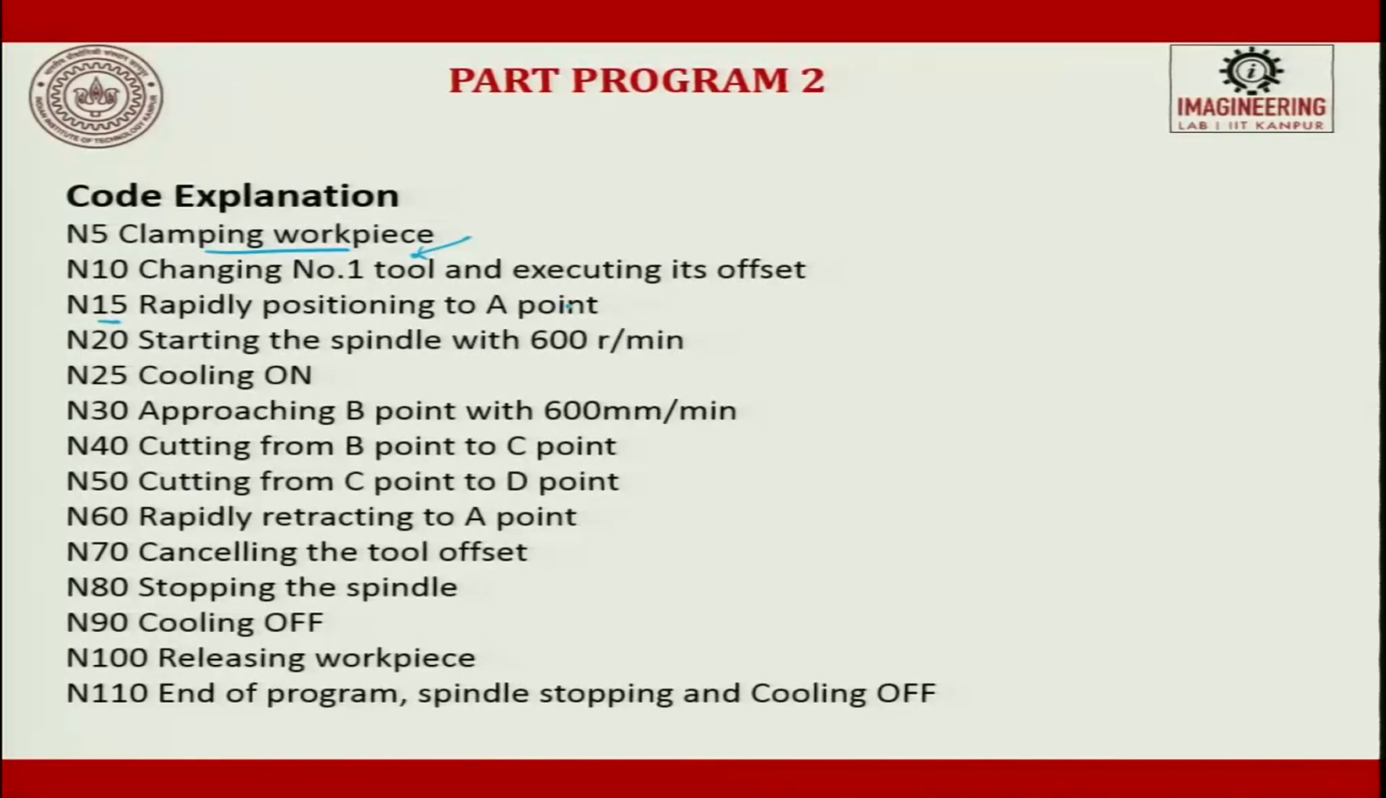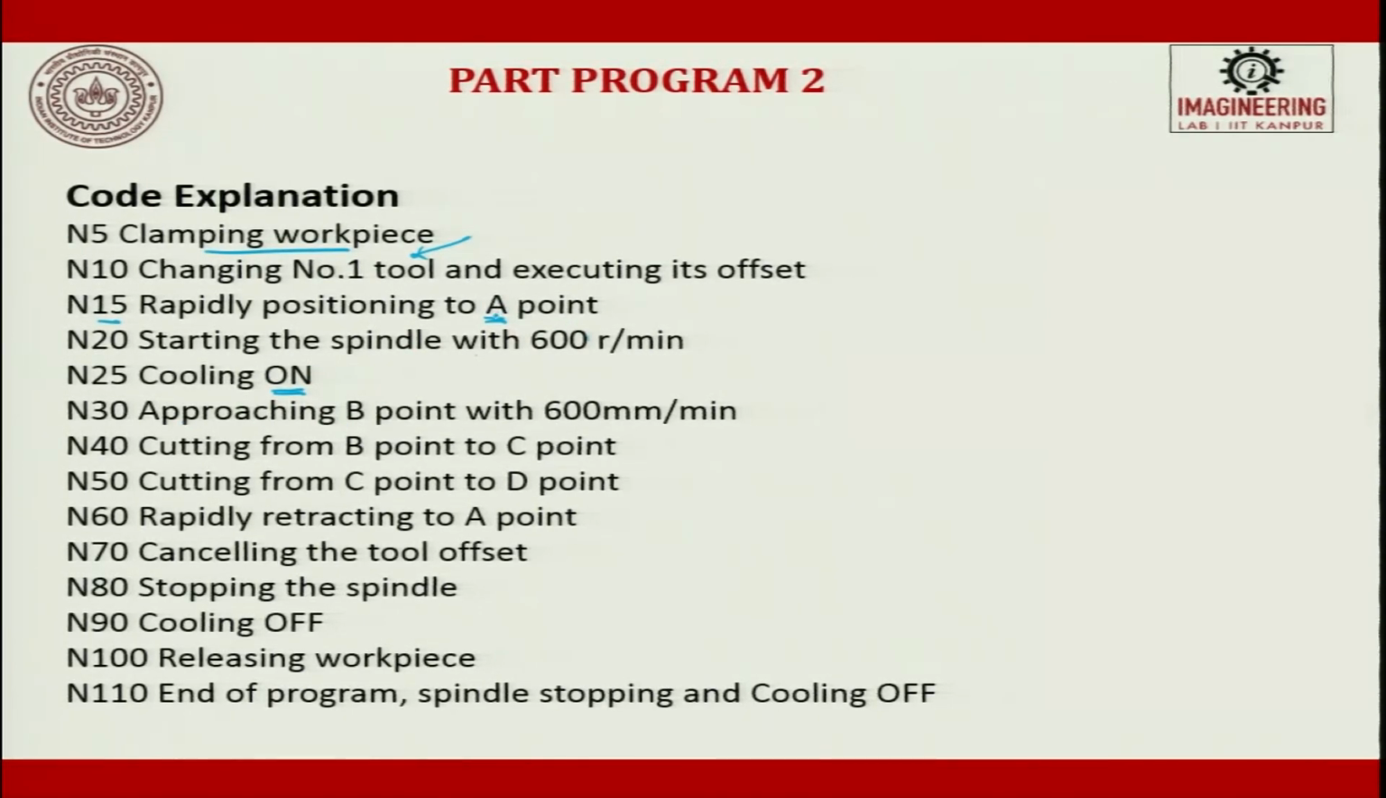Then you will start moving it to position A, from somewhere you will start moving to position A at a very rapid speed. Then you start the spindle with 600 RPM. So, before machining you will first start rotating the job and only then start machining. When you start rotating the job you will switch on the coolant. Then once these two are done, A position is reached, job started rotating, coolant on, then what will happen,